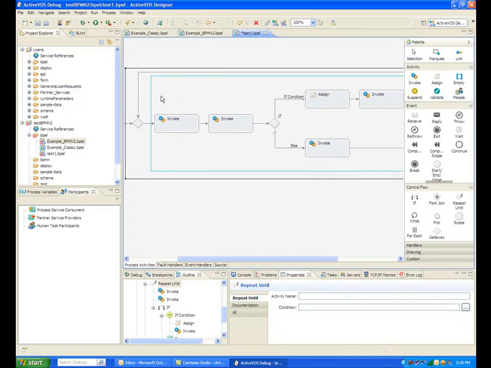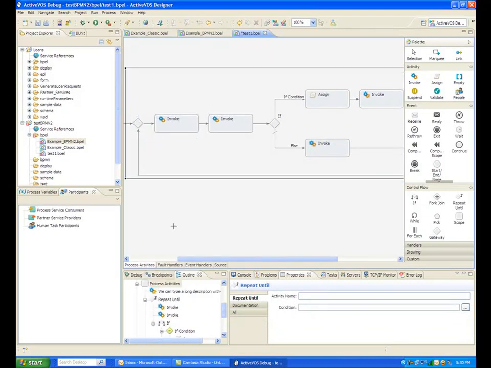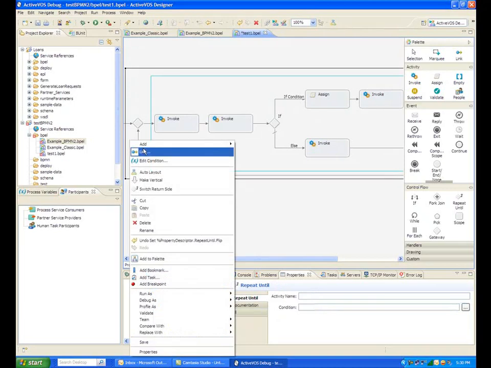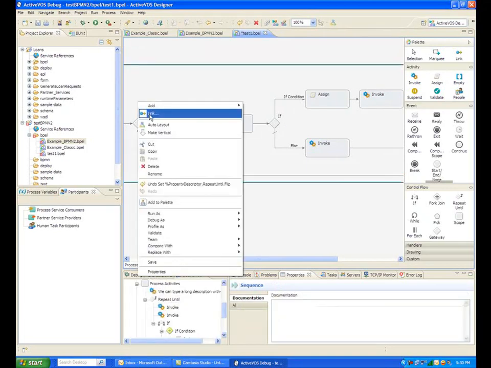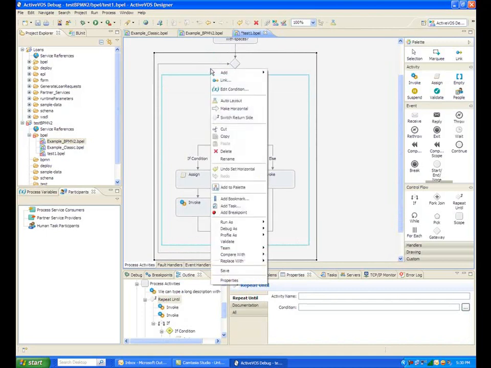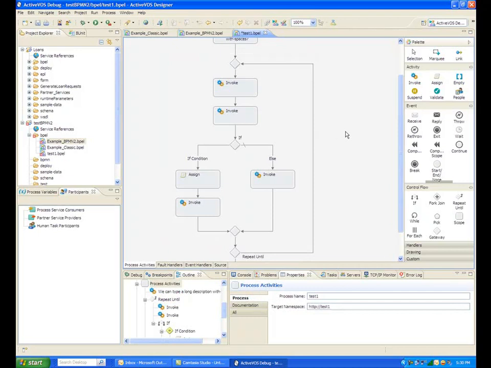For the repeat until, I've got an additional thing, which is I can switch. I can make it return on the bottom side instead of the top side. Or if I were to make this whole thing vertical again, it can be either top side or left side. You can switch which side the arrow goes back on. Let me switch back to